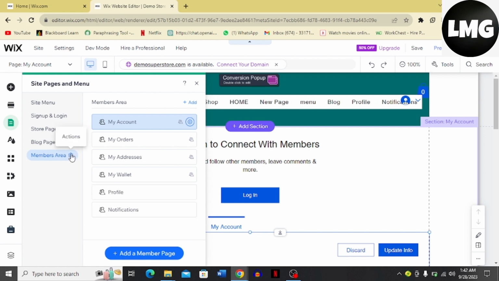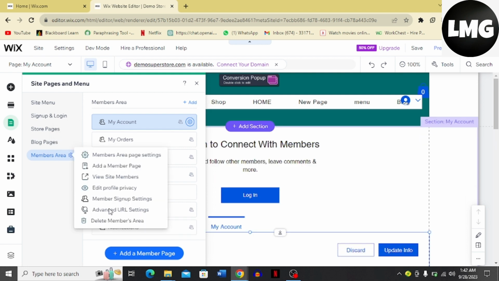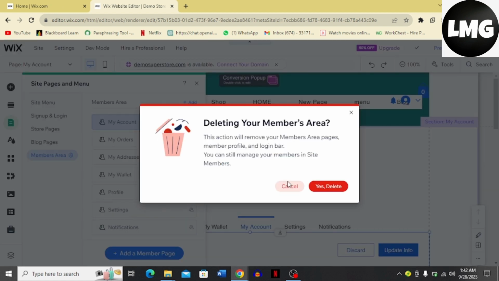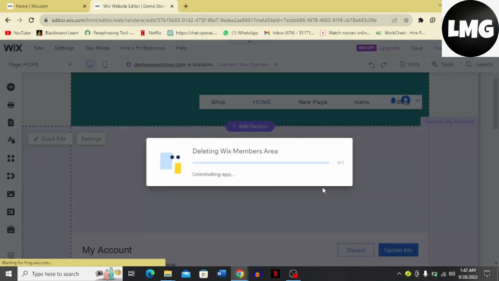You have to click this option over here, and once you click this option, you can see there's this delete members area. This is how you can remove this. By clicking this delete members area, you have to click yes, delete, and that's how you remove Wix member areas